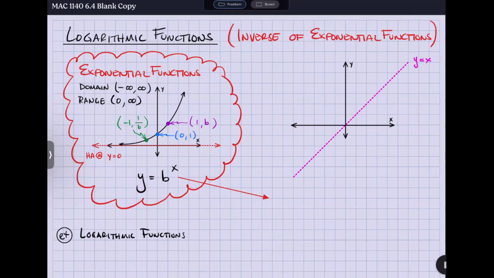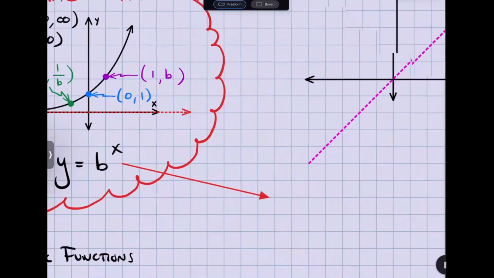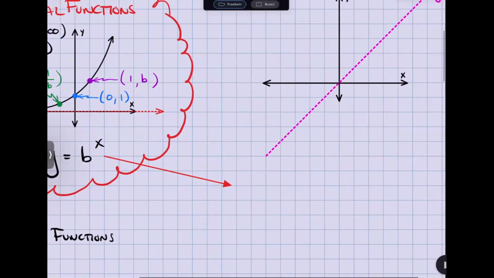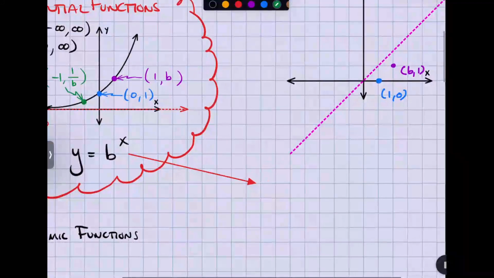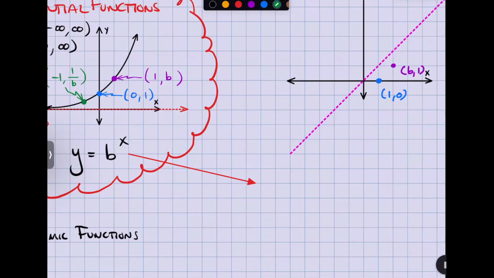So if I look at my points, what's 0, 1 going to be now? 1, 0. What's 1, b going to be? b, 1. And negative 1, 1 over b is now going to be